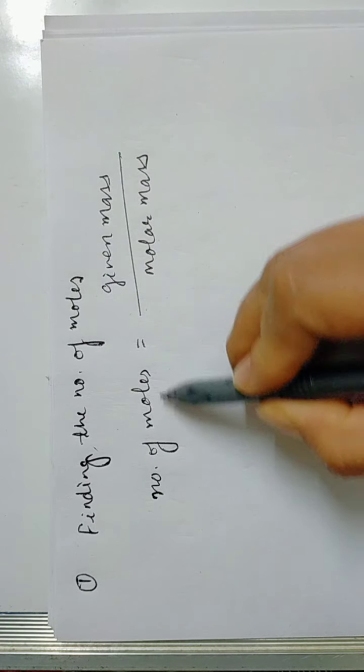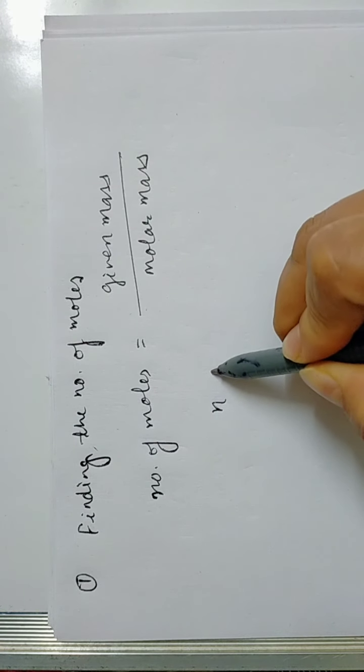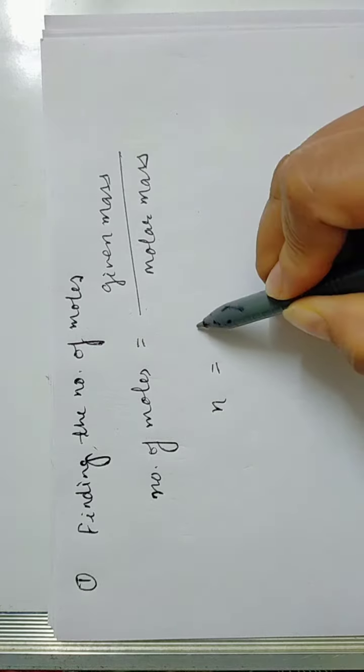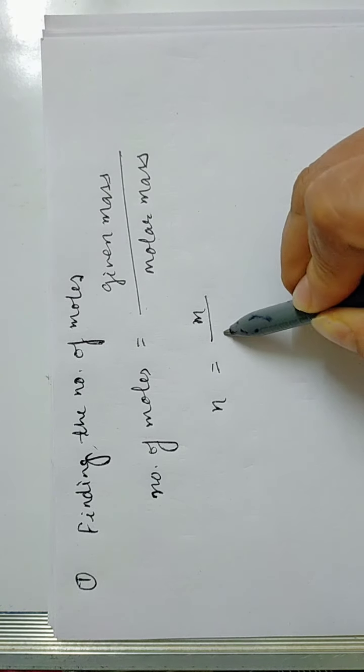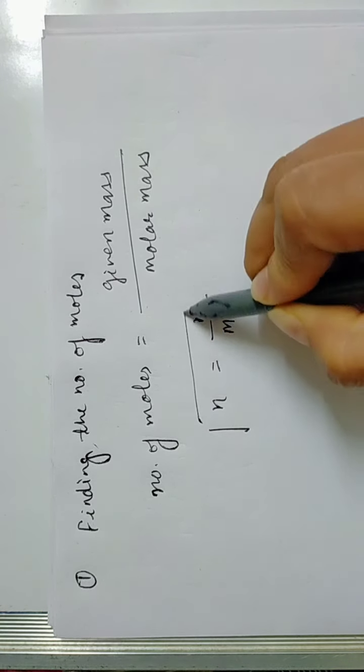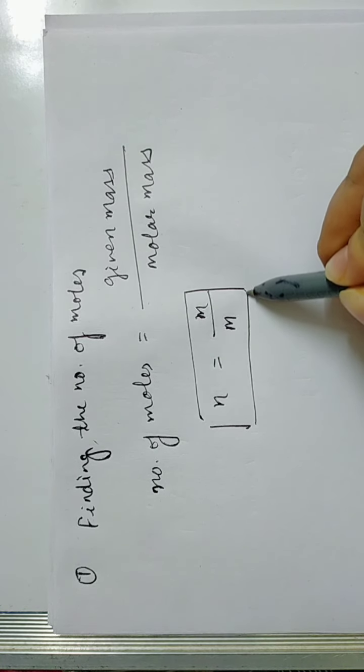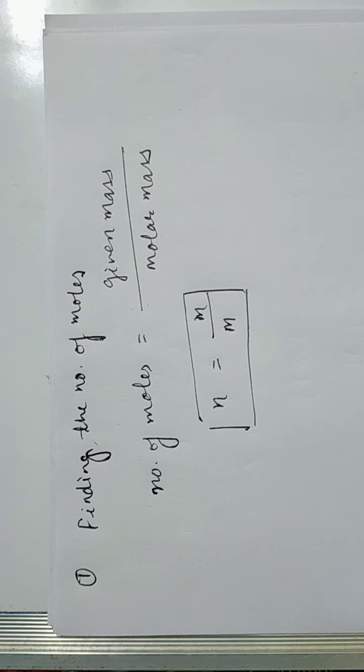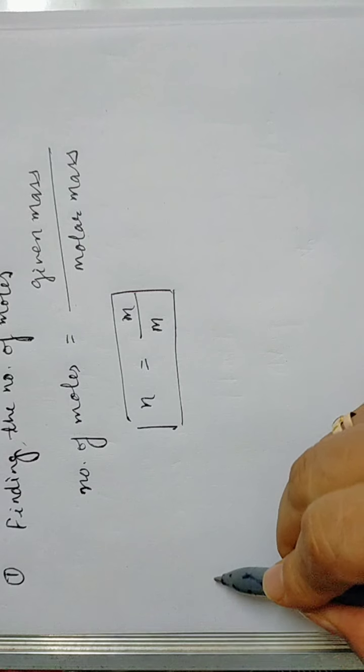In short, in symbols, as we know the number of moles is represented by small n, given mass is small m, and molar mass is capital M, so n is equal to m upon M. So this is the formula to find the number of moles. Right, then the second formula